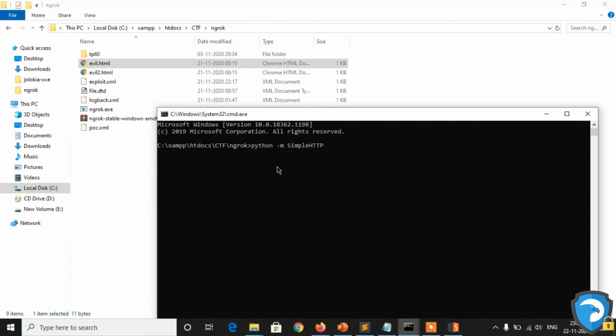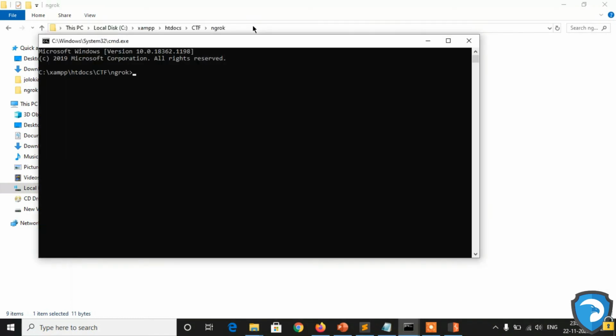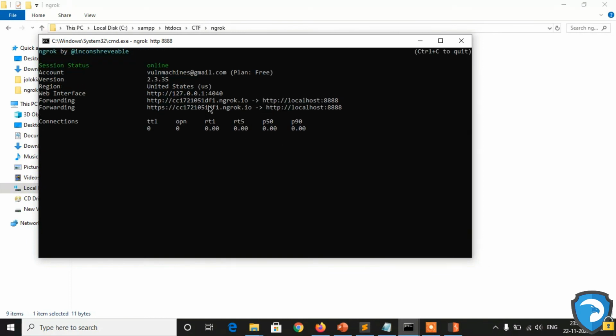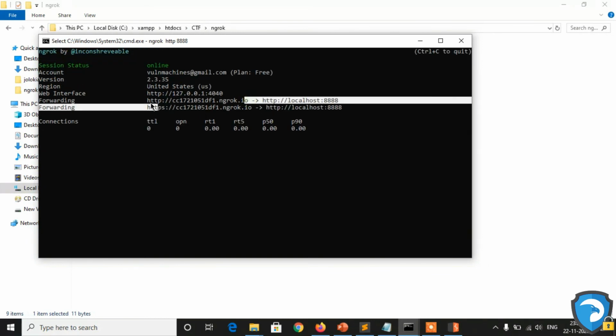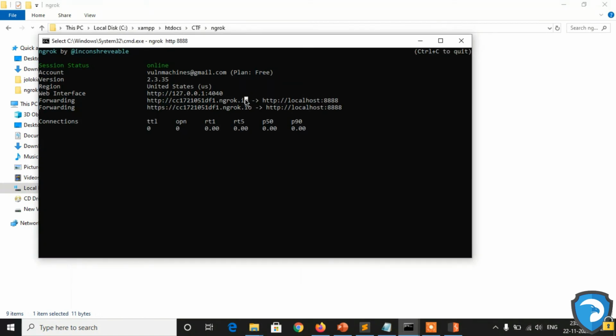This is the syntax for running a local server using Python. Now let's call ngrok: ngrok http 8888. So this link is generated.